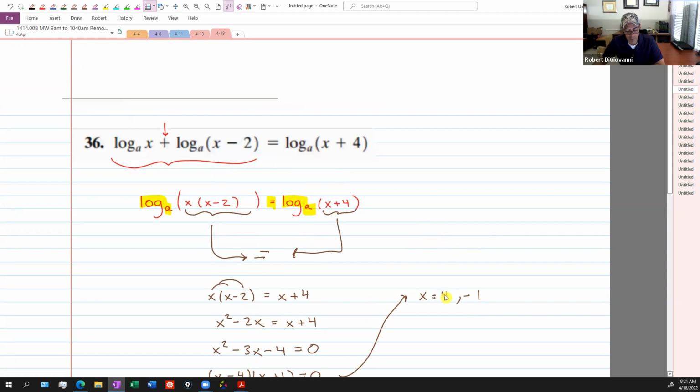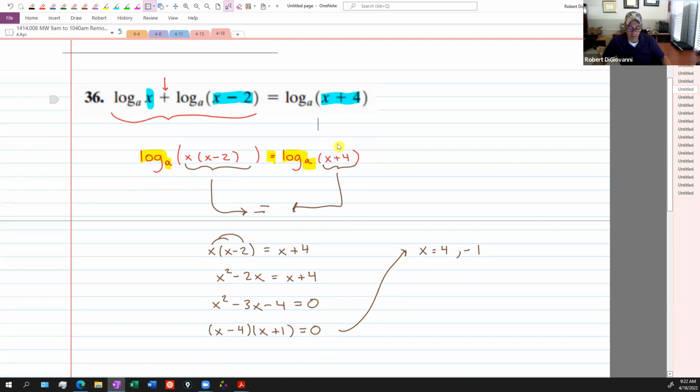So let's think about if we plug in 4 right here for x. Yeah, that's a positive number. 4 minus 2. Yep, that's positive. 4 plus 4, positive. We're good. So we can keep 4. Now, -1, if we plug -1 in here, that's a problem. It doesn't matter. If it's a problem in one of them, we're done. But there's also a problem here. -1 minus 2 is -3, so that would be an issue. -1 here is not a problem, but two of them are already bad, so I'm going to throw that one